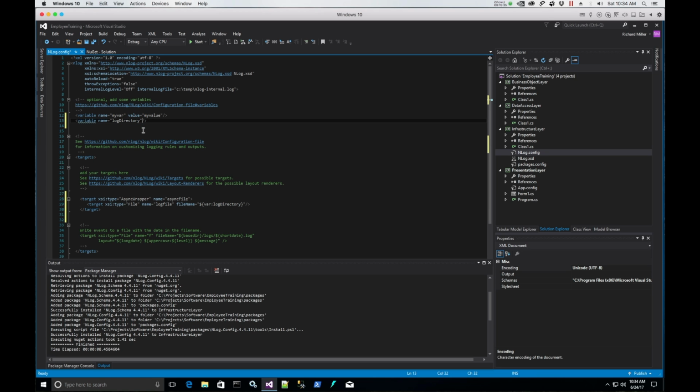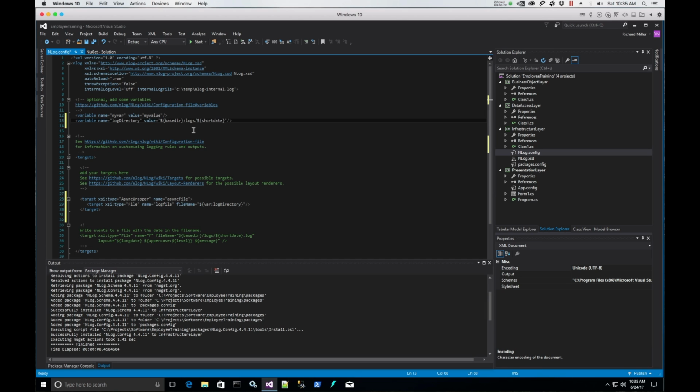Now we're going to define what log directory is, so value. And now we're going to use another kind of baked in variable, which is not necessarily required nowadays, but it's helpful to figure out what's going on: basedir. That's the base directory of where the application executes. That's a variable. So this is how you reference a variable: use $, angle brackets, put the variable name. This basedir is kind of baked into NLog. And then I want to put it in whatever the working directory, the base directory of the executing app, in a directory called logs, slash, and then here's another baked in variable,